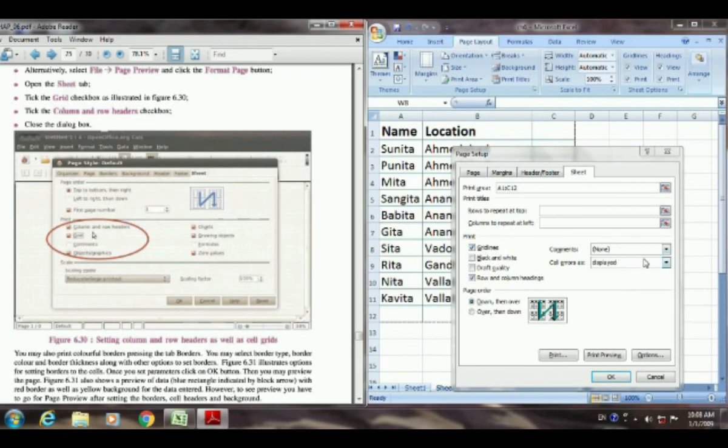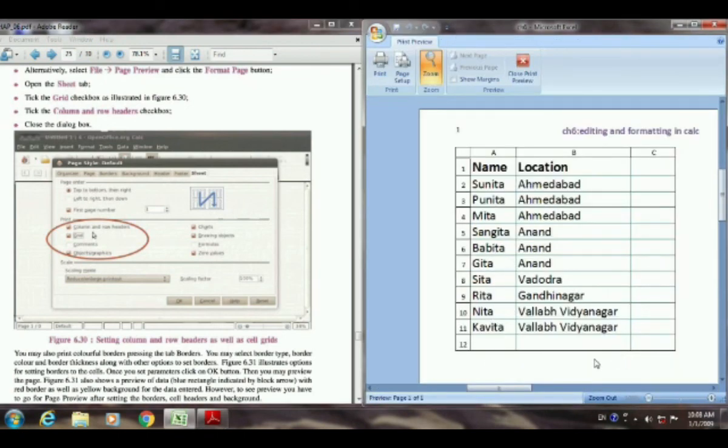Then whatever you don't know, if you want to write down any comments, you may write them here. So these are the changes that will be there. The paper order will be there. Then at the last you can see the print preview. So this is the print preview, you can see it over here.